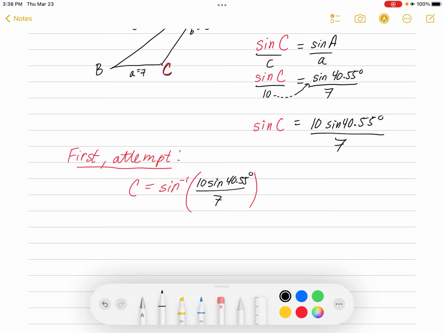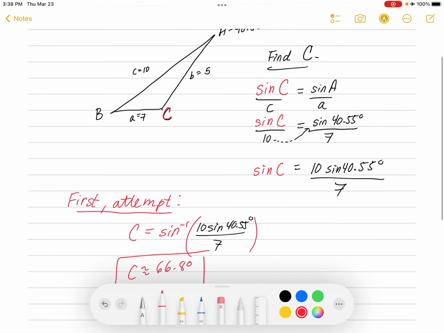Make sure this is in degrees mode in your calculator. So if you plug in sine inverse of 10 times sine of 40.55 divided by 7,